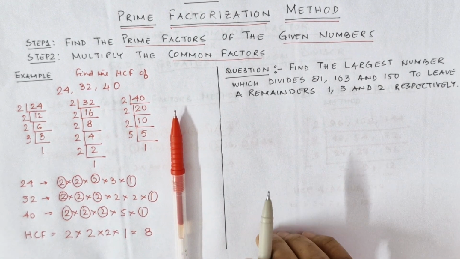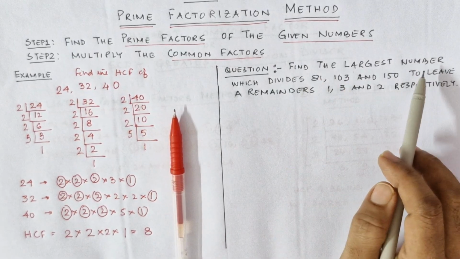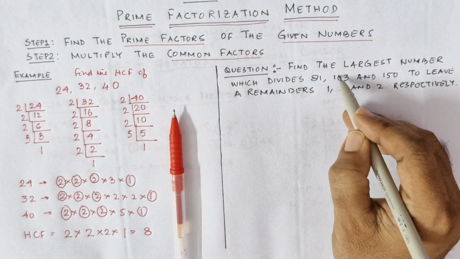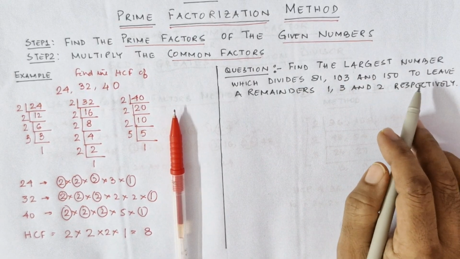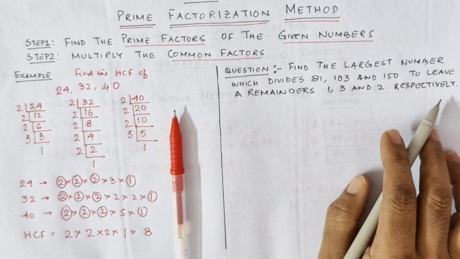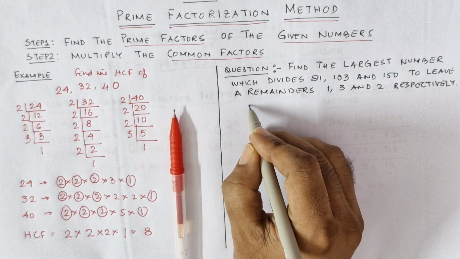So you might face a question such as this in your examination, students. Find the largest number which divides 81, 103 and 150 to leave remainders of 1, 3 and 2 respectively. So how to solve such kind of problems? Go ahead and